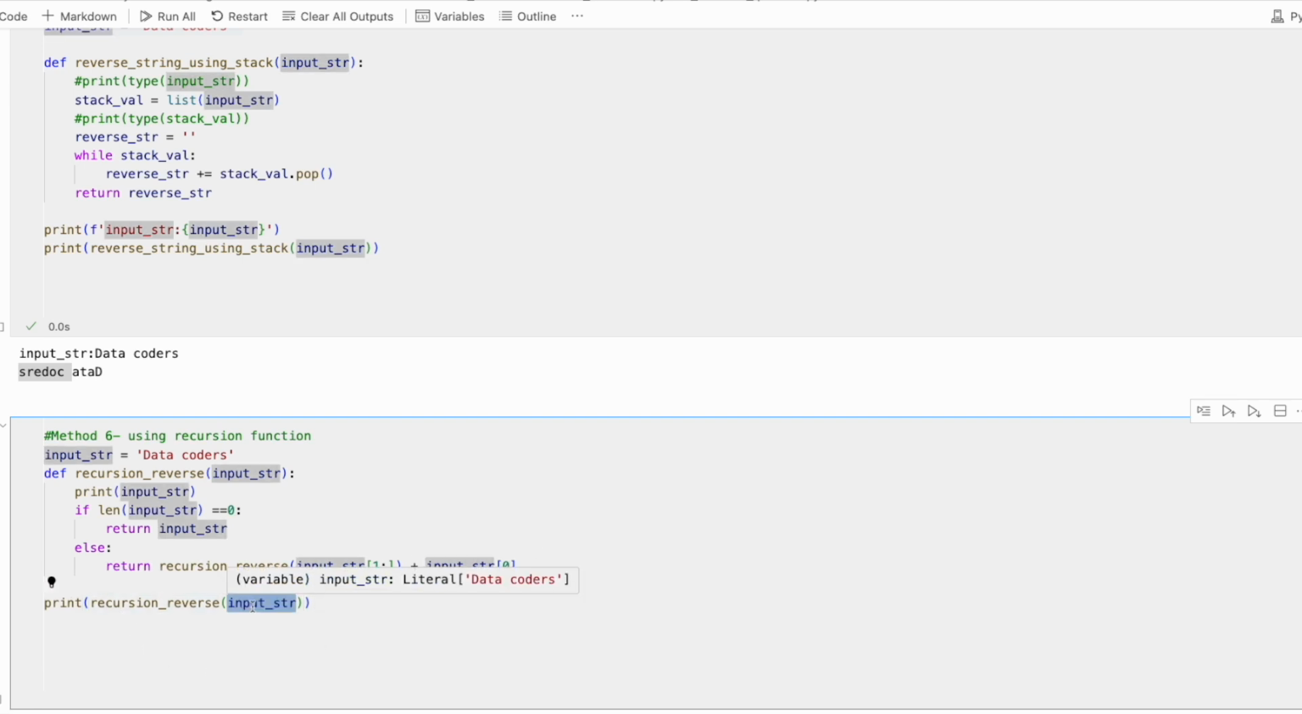We are passing input str as a parameter. It will go here, take this input string, and first check its length. If length equals 0, then just return input str. If length is greater than 0, then in that condition it will go and call recursion reverse,